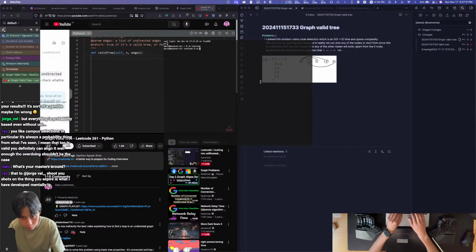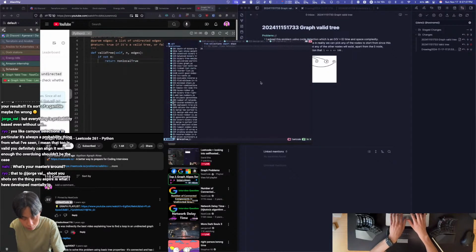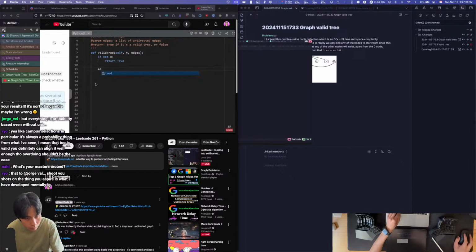Let's get into it. So one base case is if we aren't given any nodes at all. So if n was 0, in that case we would return true. There's no graph to traverse, but an empty graph does technically count as a tree. And if we do have some nodes, then we're going to create